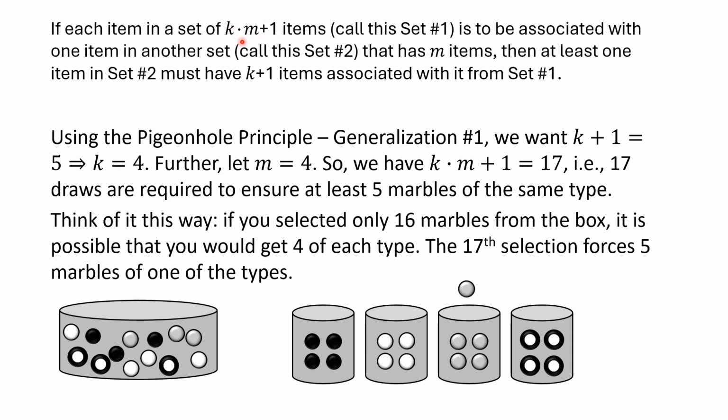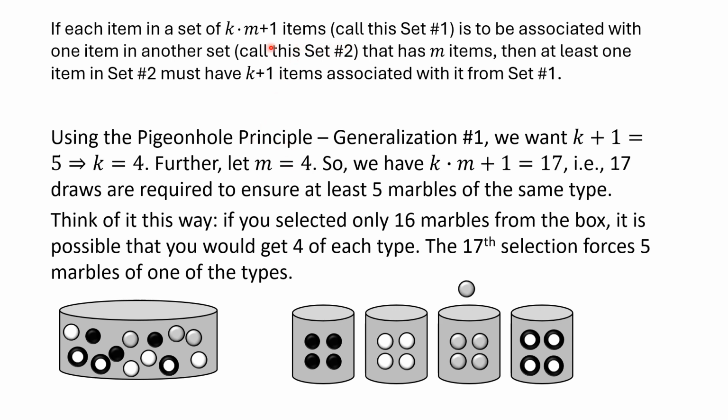So working backwards from the input, we have M being 4 and K plus 1 being 5, we could figure out what this number needs to be, and it's 17. So again, probably not the easiest way to solve the problem, but I wanted to make 2 points here. One, this problem fits into the pigeonhole principle, and 2,